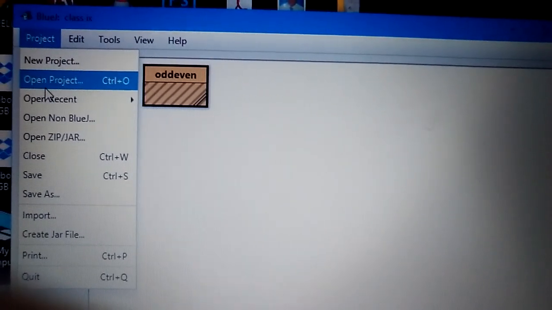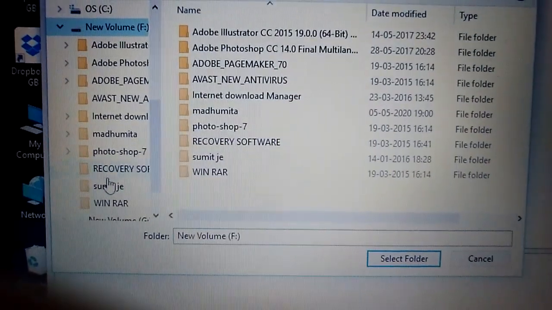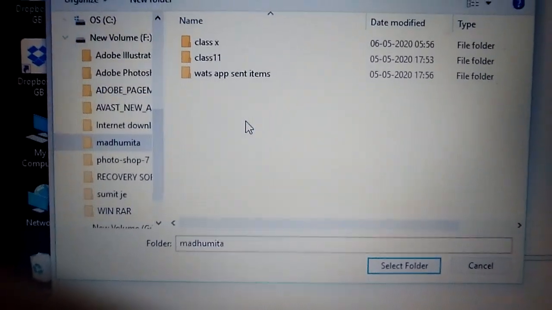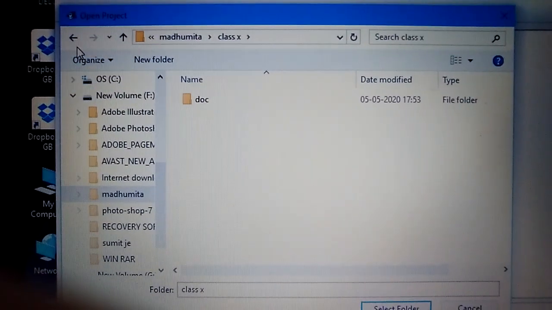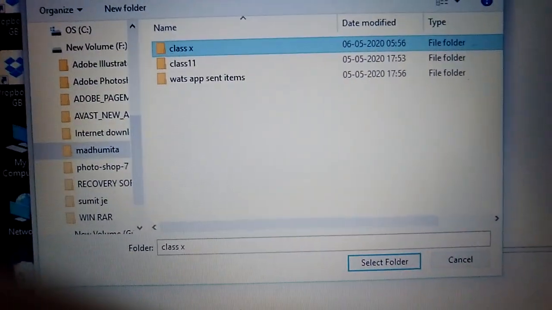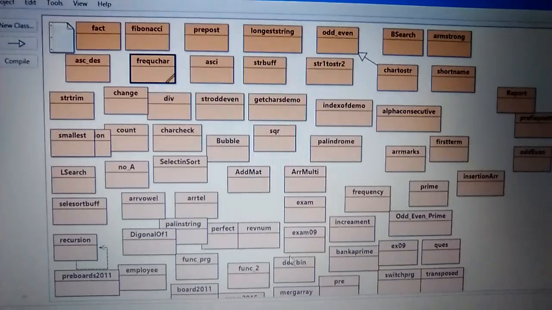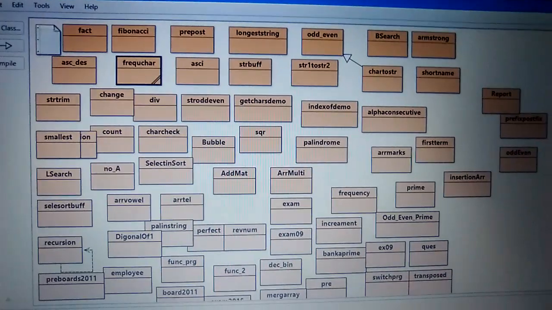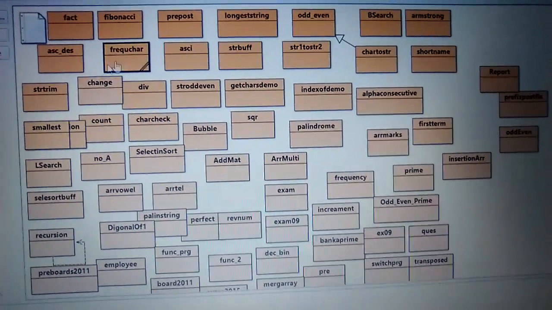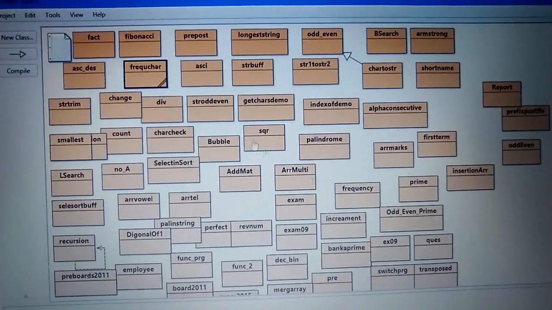So we click on Open Project, and then we browse and find out the place. And then we click on Select Folder. So now we see multiple of programs. So you see that all these programs are compiled programs. Any of the program if we see, then we see that it is all are compiled because there are no